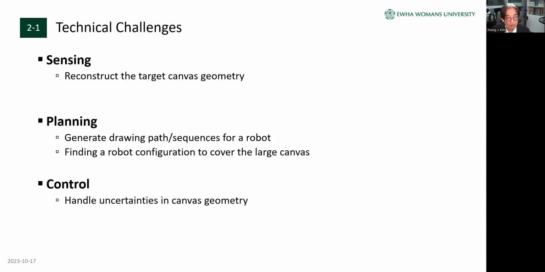And finally, the control problem that we are particularly trying to address here is that, from the sensing, it is always the case that no matter which method you use, the target canvas geometry may not be accurate. There will always be some errors, approximate errors or sensing errors. So in our robot drawing case, the control has to somehow resolve this issue, even though there are uncertainties in the target geometry or even slight change in the motion. So we have to address all these problems to properly solve